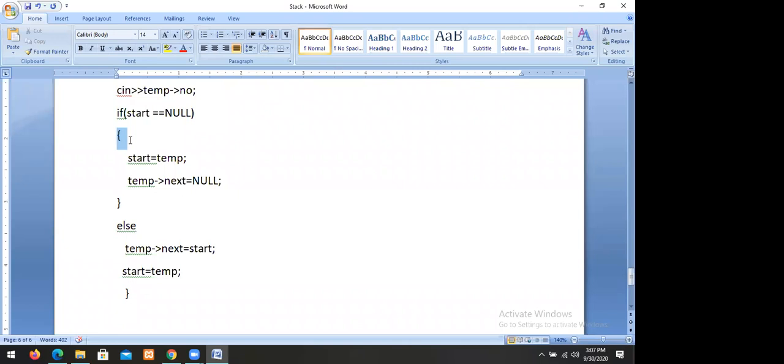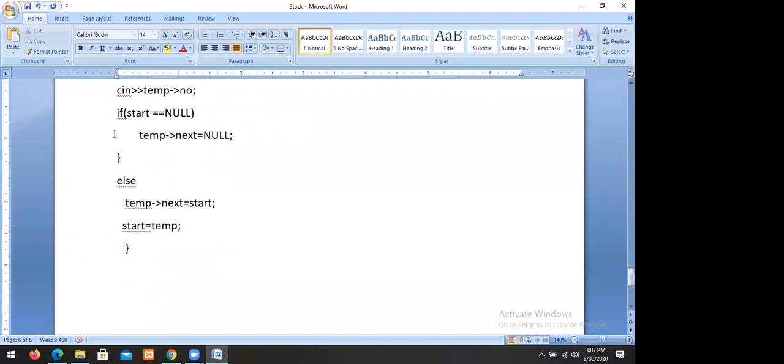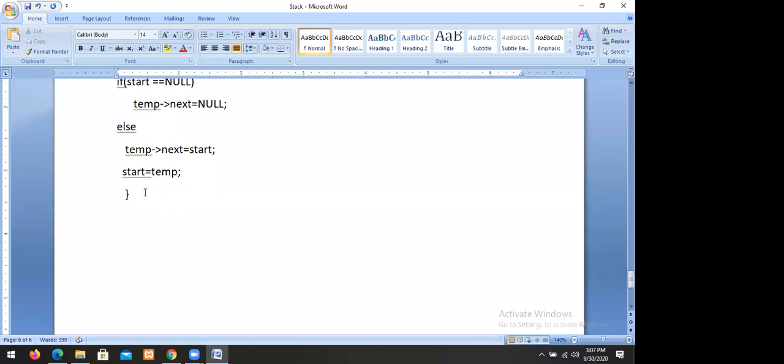So we can reduce the module instead of writing a number of lines. We can reduce the code also. If start equal to null, temp dot next equal to null. Otherwise, temp dot next equal to null, then start equal to temp. Else, temp dot next equal to start. It's enough, so very simple work. So this is called push. Another one we have is pop. This module is used